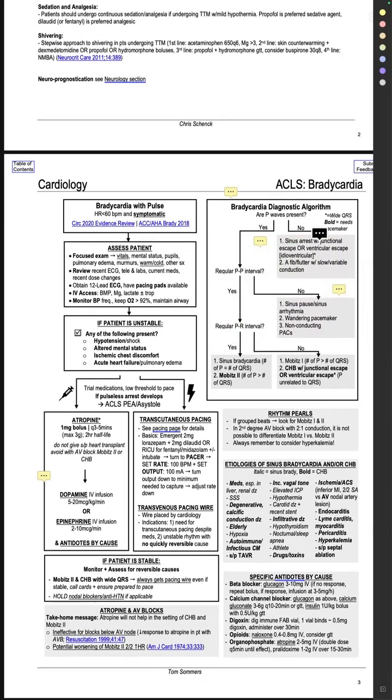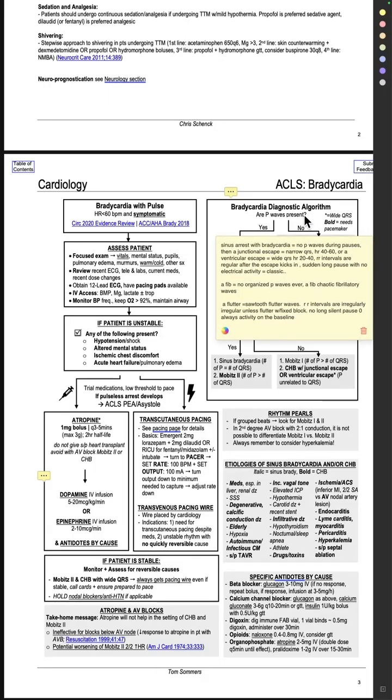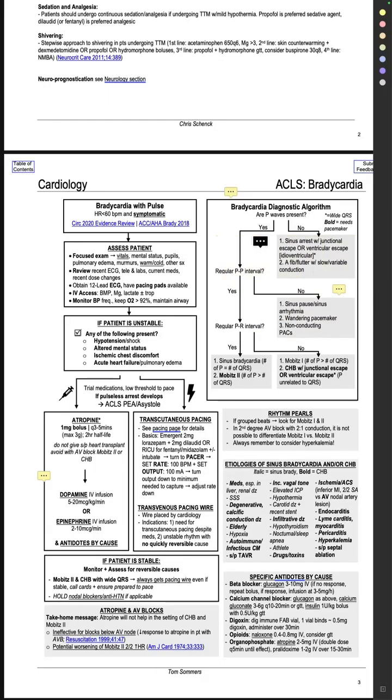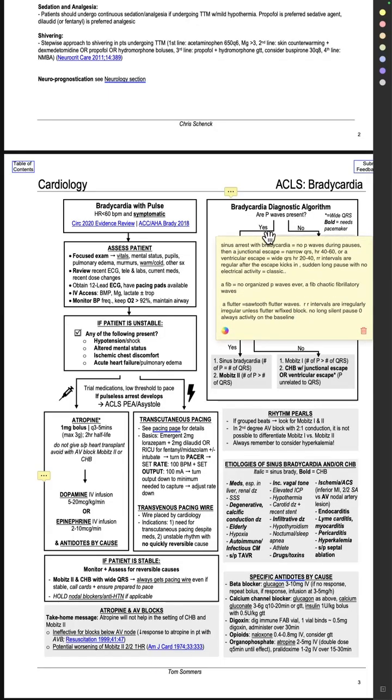For atrial fibrillation, you're going to have no P waves, and it's going to be an irregular rhythm. The atrial flutter is going to have sawtooth flutter waves. So the RR intervals are irregular, but the flutter has a predictable rhythm that has a 3-to-1 ratio, or